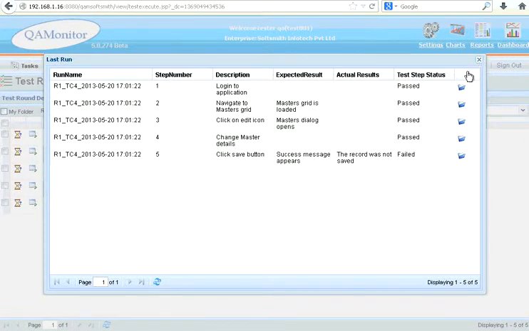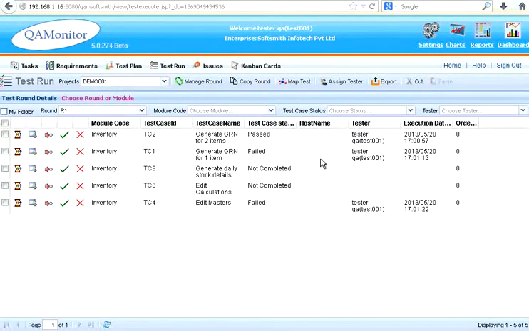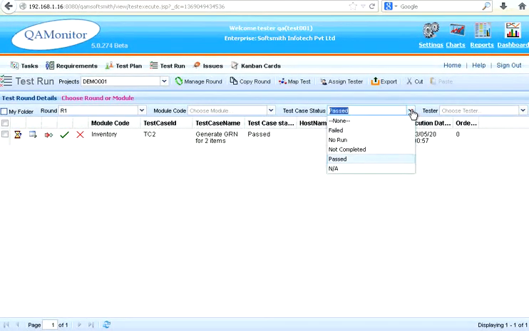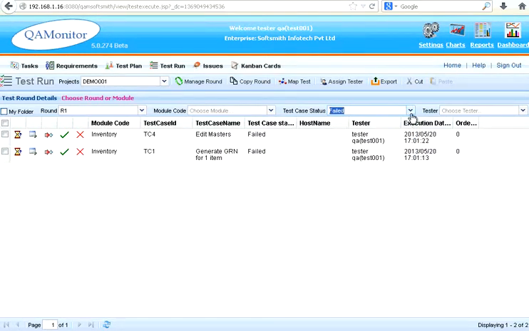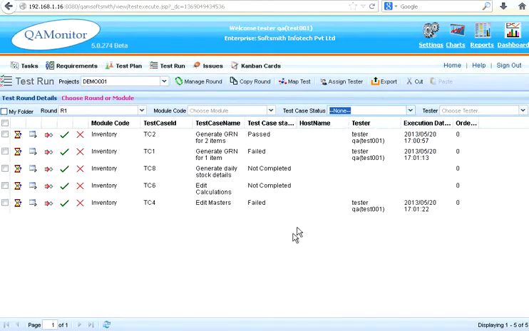In each step you can provide attachments also as proof. And you can say show me the tests which have gone to the passed status, show me the tests which are in failed status, and show me all the tests. So you can remove the filter, you can filter, it's all instantaneous. This is used for tracking the test execution part using QA Monitor. When you are assigning multiple testers and multiple test cases, each tester starts feeding the results, and you can see at what time each tester has executed the test cases. Once you know this, you can see the progress of the entire test execution seamlessly.